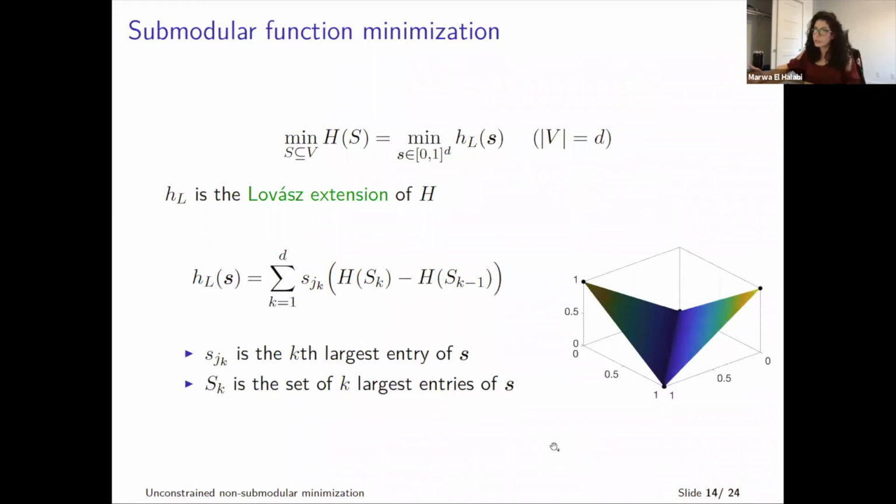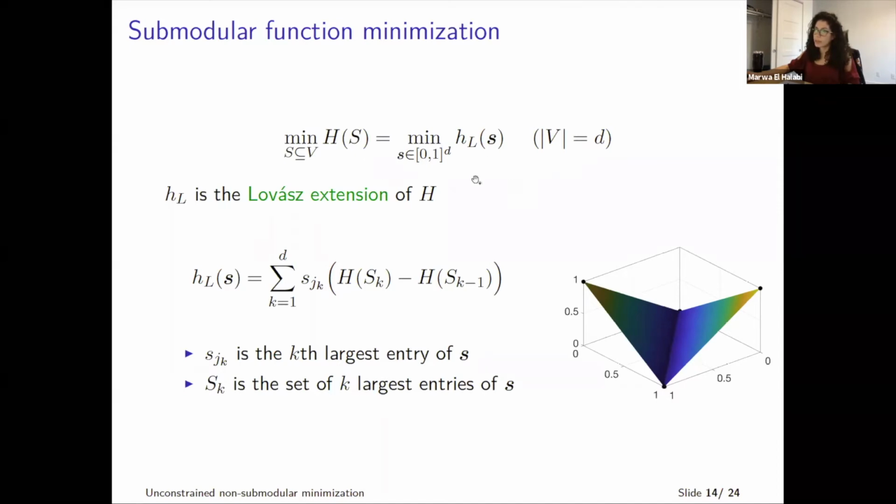So before I go into what the algorithm is and what approximation guarantees we can provide, I'll go over a brief overview of one way we could have solved this problem if the function is submodular. In this case, we rely on very nice connections between submodularity and convexity. This is a known result from the literature: if you have a function h that is submodular, then minimizing the submodular function is equivalent to minimizing a continuous relaxation of it, which is called